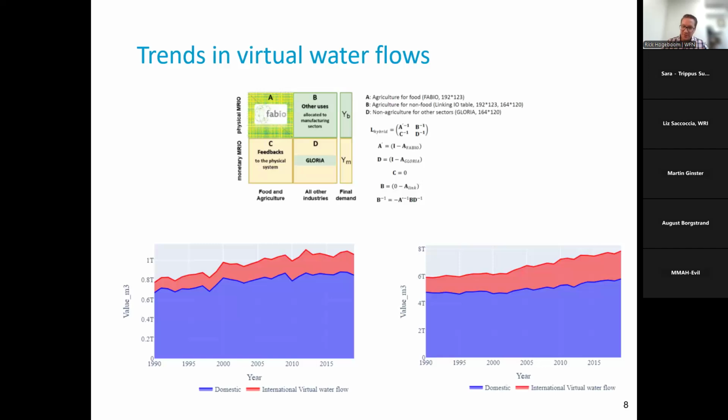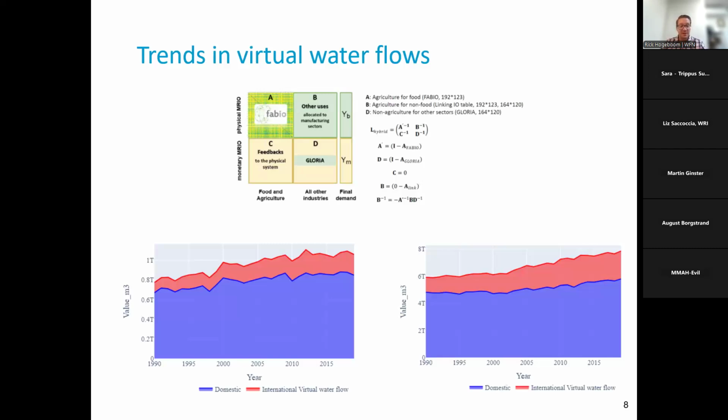Now, just for the statistics, the top exporters of these really water critical flows, right? So that's how we would label them if they are inefficient virtual water flows from water scarce areas, moreover. The top exporters of such goods and services would be Pakistan, India, and the United States. And the top importers of these water critical virtual water flows, so who enjoy the fruits of these unsustainable flows, would be China and the United States.